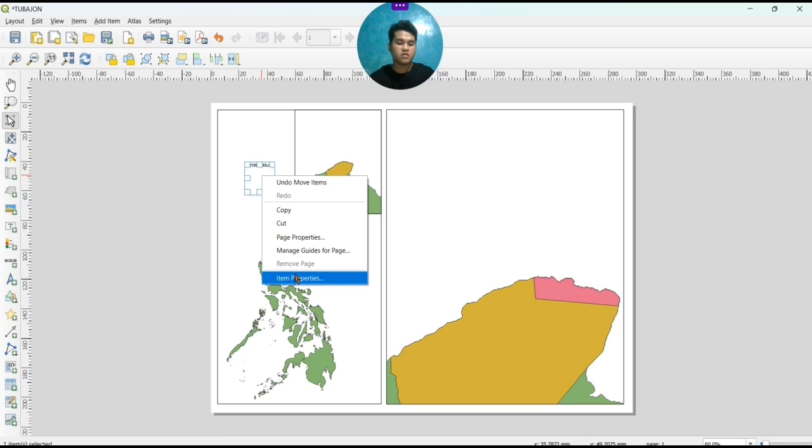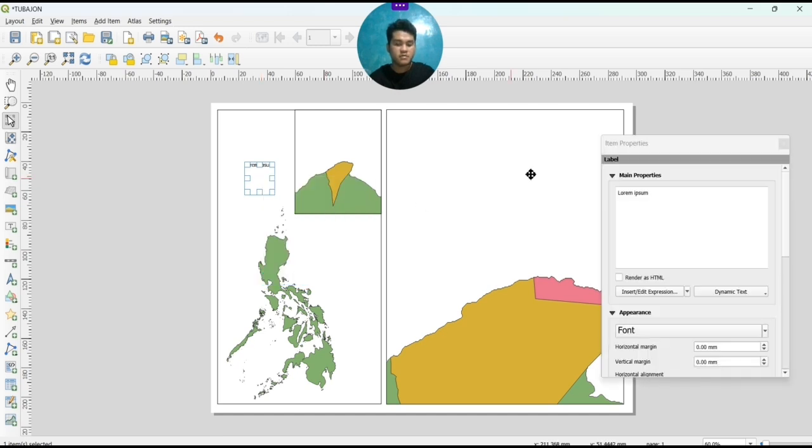First, you need to right click it, select item properties, and the label inside is here. There you just replace it with the name that you wanted to name the map. In my case, this is the Philippines. So I just click on that and then font.